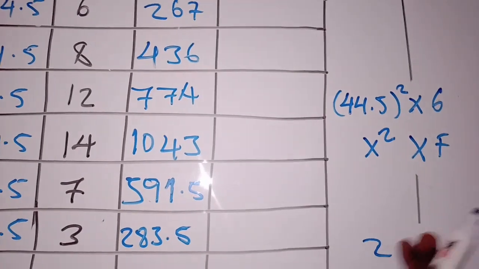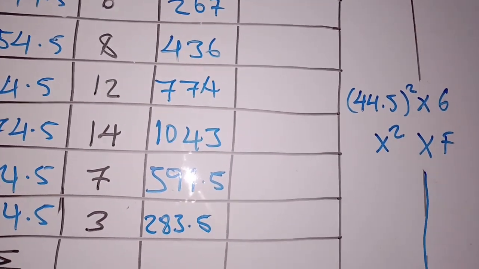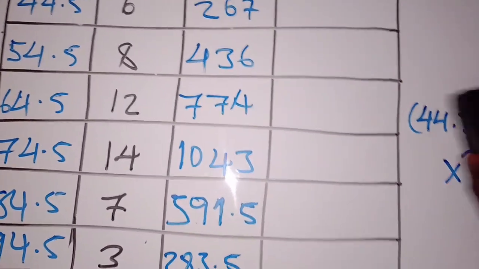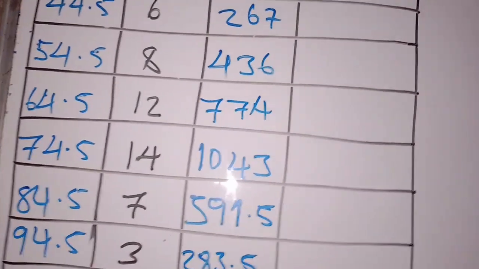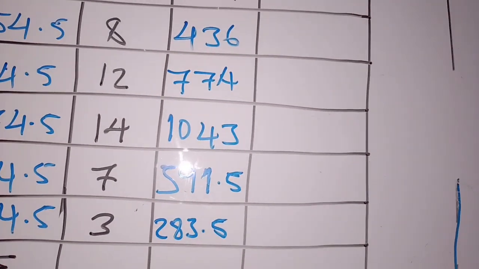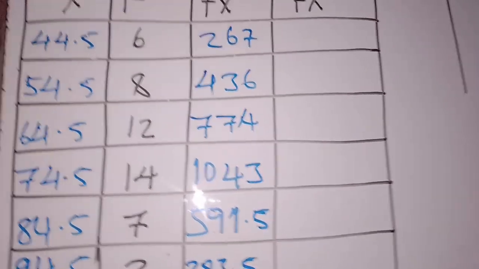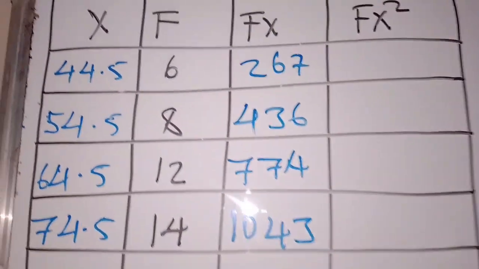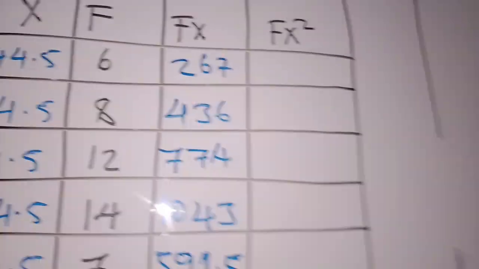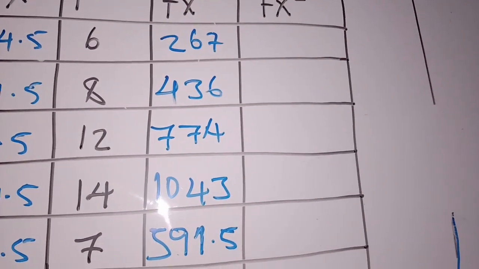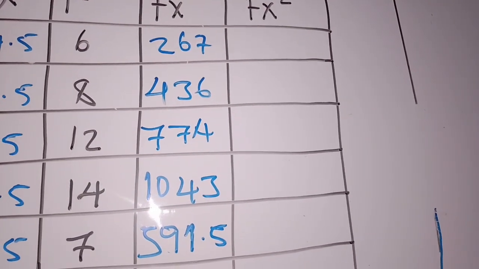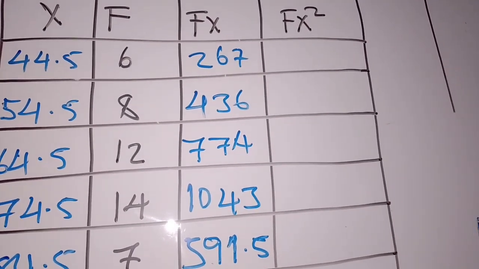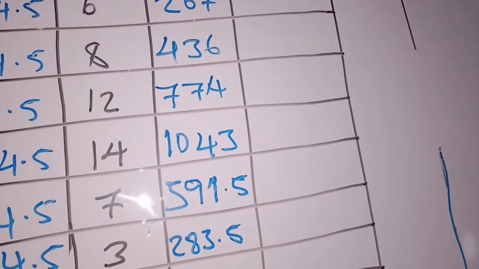Okay, like that. So that's how you do it. Don't do it the other way around. So let's see what it means. Let's square on your calculator. If possible, you just have to put this between the brackets and then you multiply by 6. So what is it giving us? 44.5 squared. Okay, answer multiply by 6, sorry. Multiply 44.5 squared multiplied by 6. It's giving us